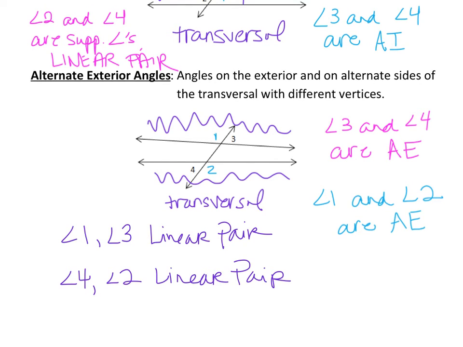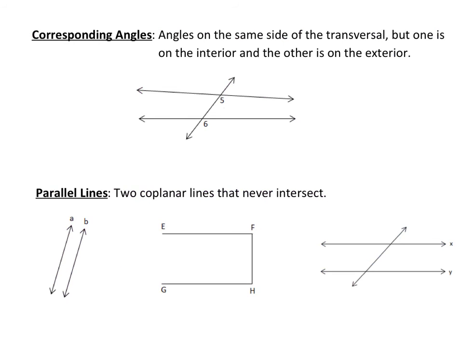So we've got alternate interior and alternate exterior angles. So just a couple more vocab words for our intro video. We've got corresponding angles. Corresponding angles are angles that are on the same side of the transversal, so they're not going to be on alternate sides like the last two, but one is on the interior and one is on the exterior. So if you take a look at our picture right here, you've got that transversal cutting through